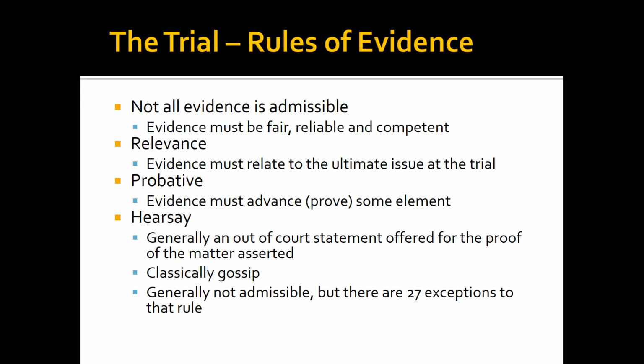Okay. This is where the federal rules of evidence come in and the North Carolina rules of evidence. There are three great gatekeepers. Is evidence relevant? That is, does it matter? Is it competent? Can we trust it? Is it material? Is it important enough to hear? So it can be expressed in different ways. Is it fair? Is it reliable? Is it competent? But to be admitted, it's got to be relevant. It's got to matter. It's got to prove something.